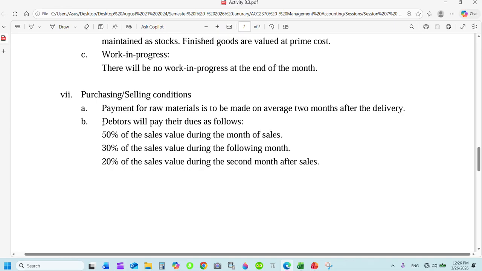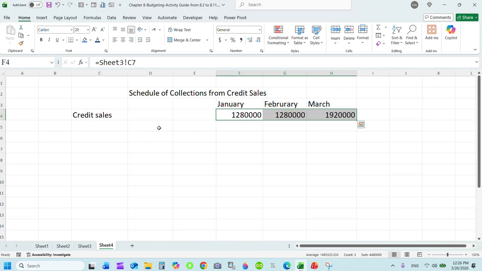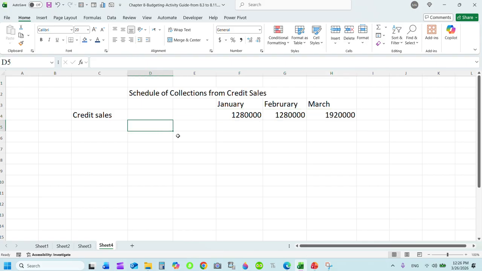You can see the collection policy. Debtors will pay their dues as follows. Debtors means our customers. They will settle their due amounts: 50% of the credit sales in the same month of sale, 30% of the sales will be paid in the following month, and 20% will be paid after 2 months. Right? So we can say my